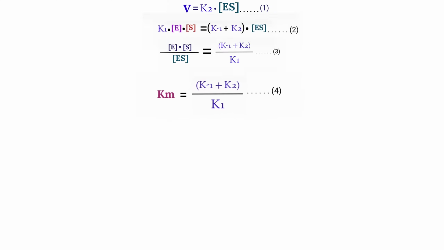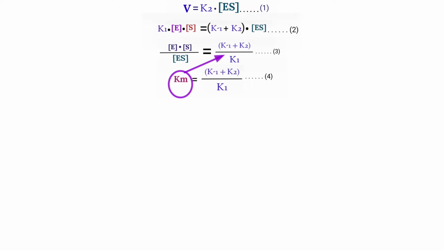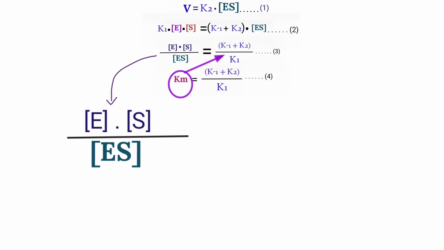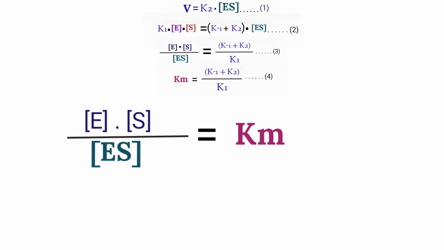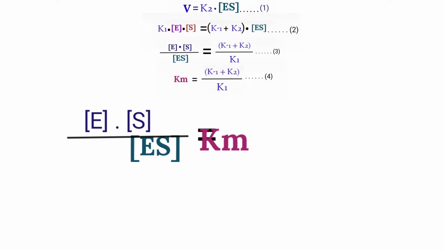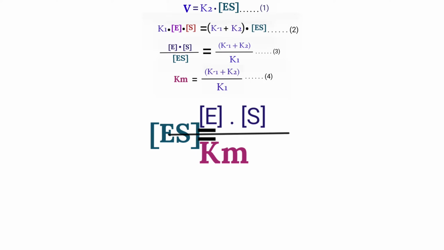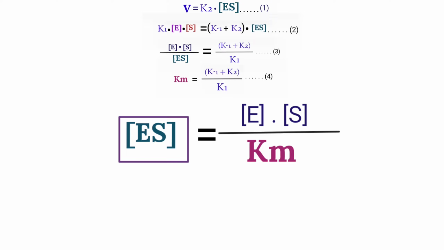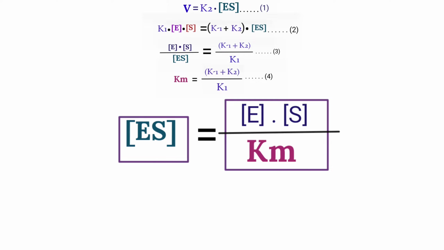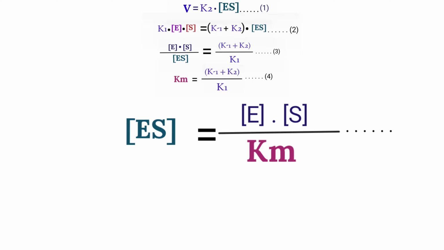So by putting our fourth equation into the third equation, we will get enzyme concentration times substrate concentration divided by enzyme substrate complex concentration equal to Km. And by making some rearrangement, by shifting the position of the enzyme substrate complex concentration, you will see the enzyme substrate complex concentration equals the enzyme concentration times substrate concentration divided by the Km value, which is our equation number 5,